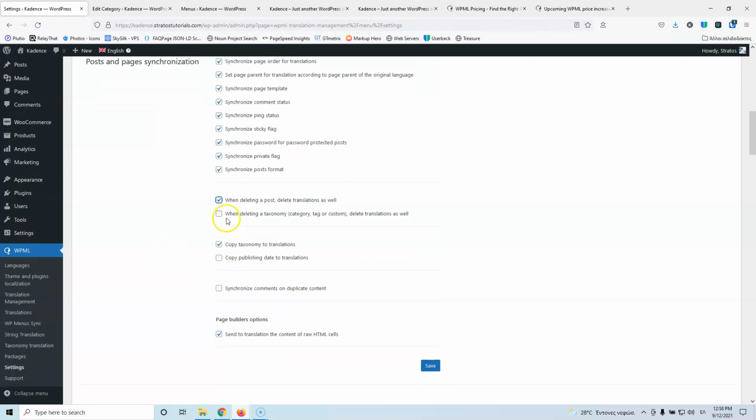And when you're deleting a taxonomy, do you also want to delete the translations of those taxonomies? Yes, I want to do that. Copy the taxonomy to translations, because I want to copy all of those when I add those things inside the translations. If you want to copy the published date to the translations as well, so you want all of those to show the same date, I want to do that as well because I want to keep it